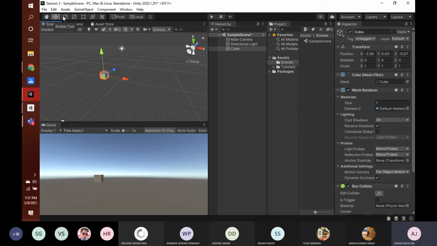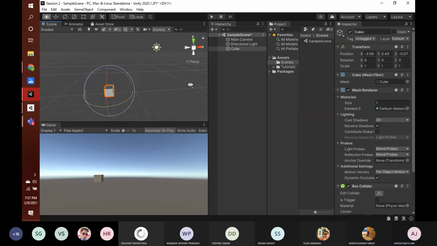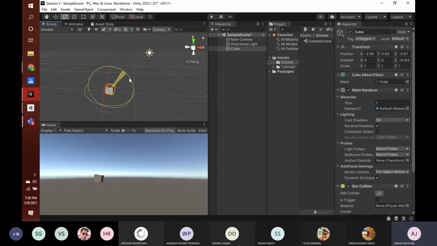Now we have the rotate tool. If you click on the rotate tool, you will get these circular gizmos. If you click on one of them, it gets highlighted, and when you drag it, you can rotate the object, and you can see the angle changing in the inspector window in the transform section.